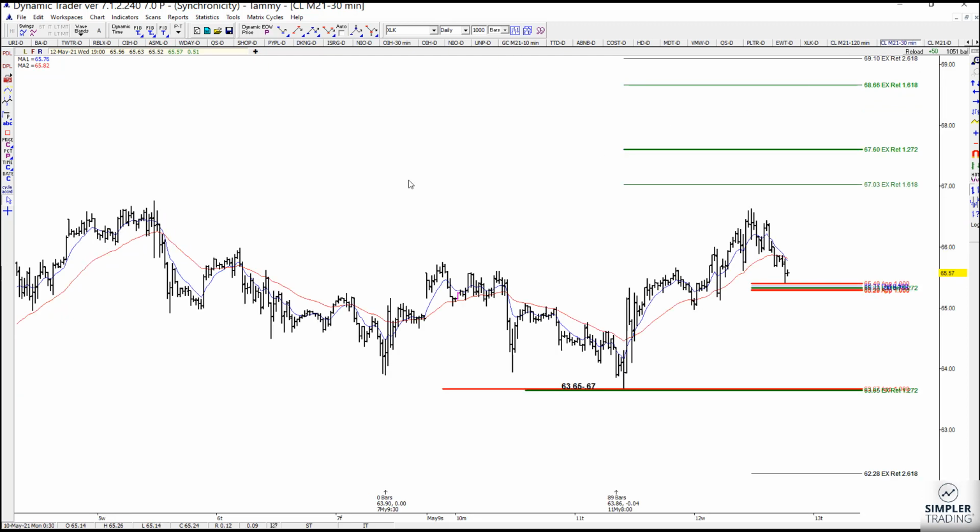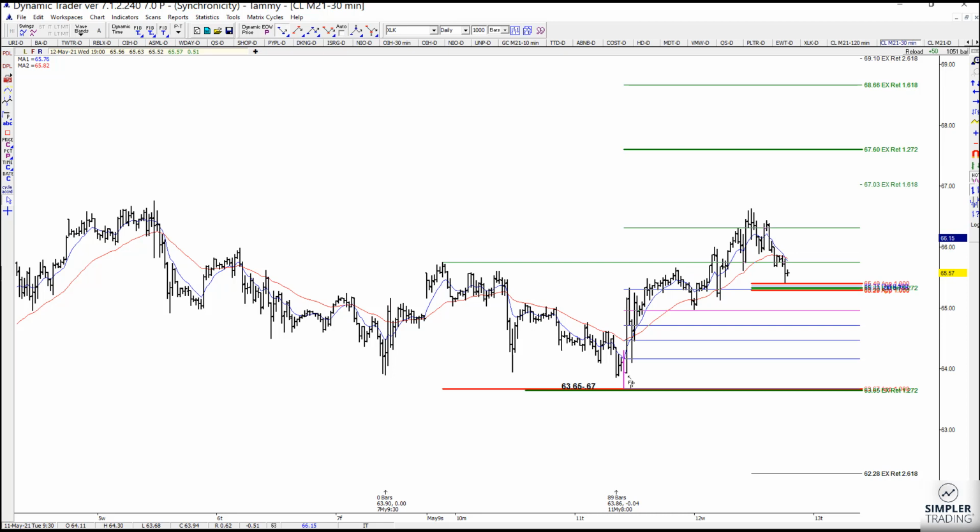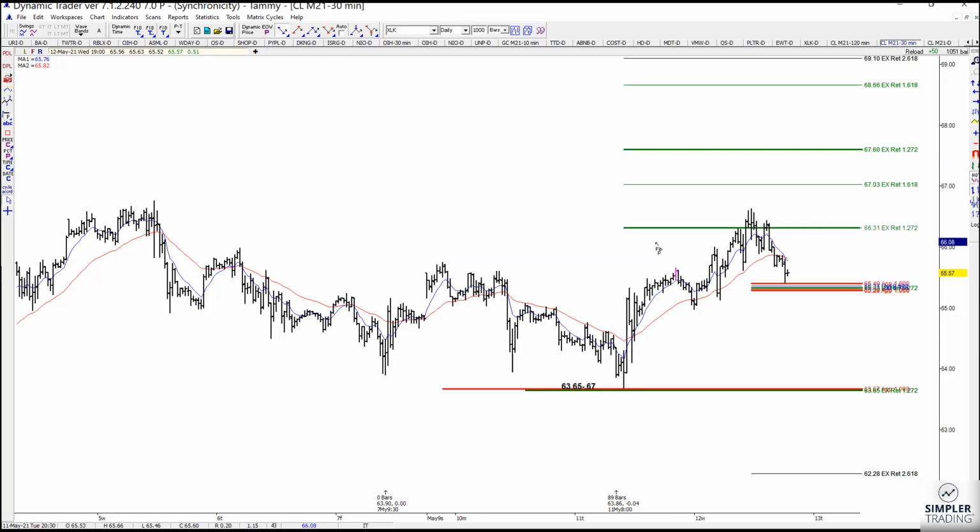That 67.03 is actually a second extension from that high to low that happened overnight. Last night we went through that extension, but you have that second extension from that smaller swing within a swing. And folks, this is a great example of why we look at different time frames in the Fibonacci room, okay? Because that was a smaller swing within a swing. We failed after we met that target. Now we're pulling back. Your new setup zone on the 30-minute chart is going to be